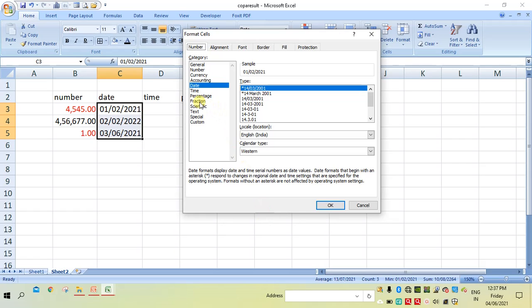So go to the date option. Here we have different formats. You can select any one. Suppose you want this format, that is first day, then month and year, so select this, and the month name is visible here.